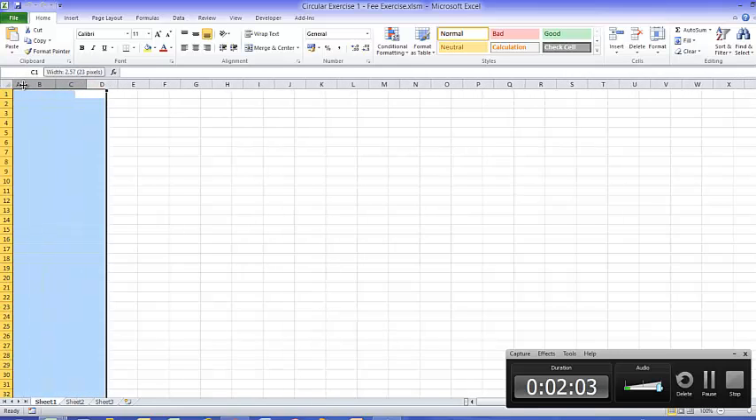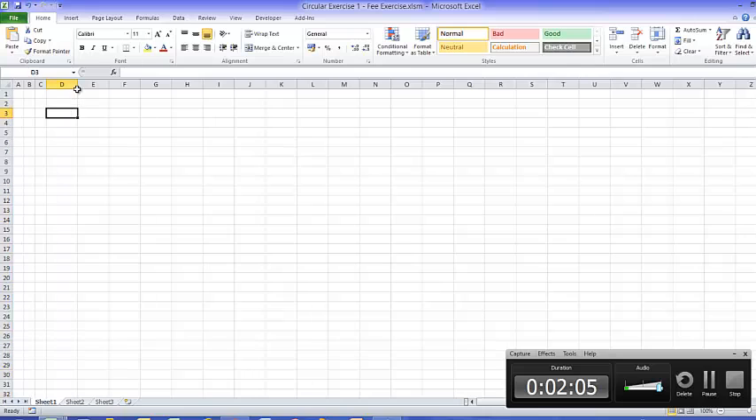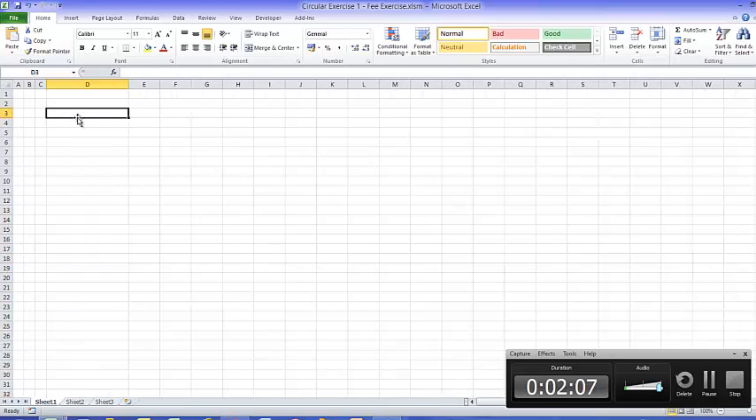Now if we're just starting a model, let's make the first 3 columns small, the next one wide, and let's put some construction